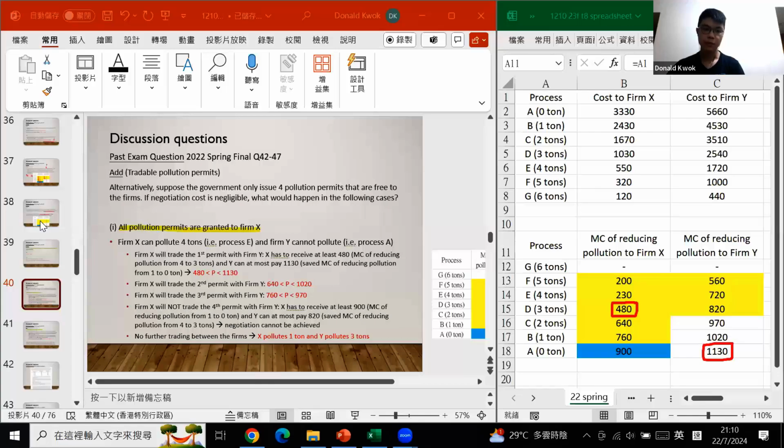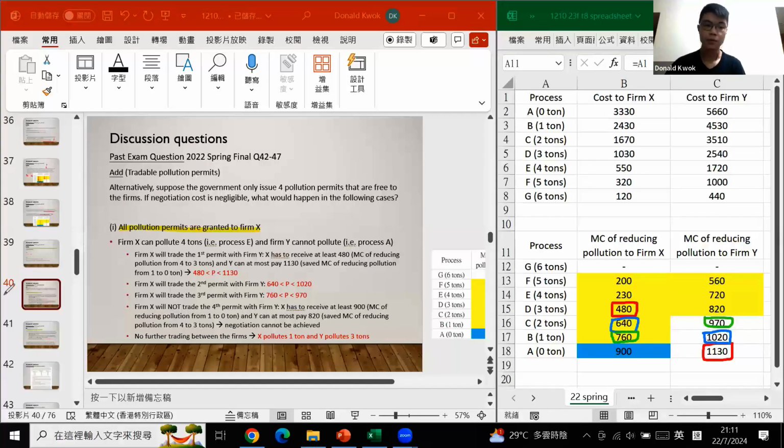Then we'll demonstrate one more unit. Let's say they are trying to negotiate whether to trade for the second pollution permit. Firm X would need to move from using process D to process C. The additional cost required is 640, while firm Y would move from using process B to process C, and it could save the cost of 1,020. So as long as the permit price is between 640 and 1,020, they can reach an agreement to trade for the second pollution permit. This logic also applies to the third pollution permit,